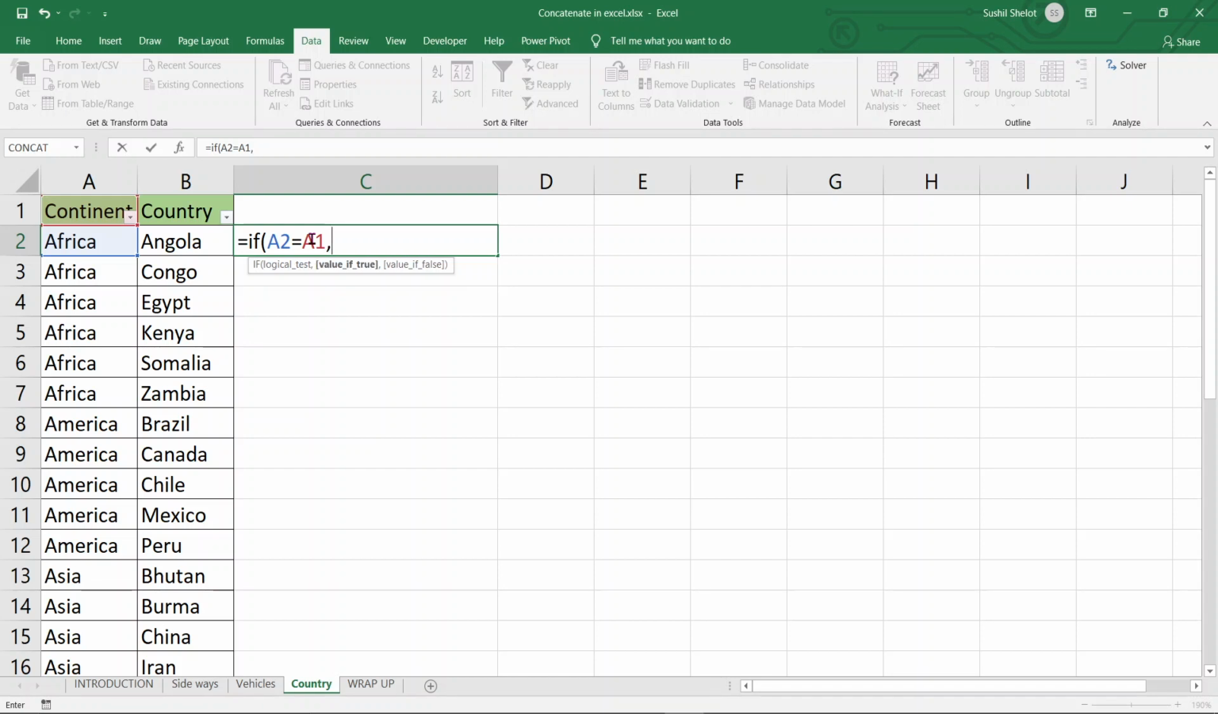Then I want the value to be concatenated. What needs to be concatenated? Here it is CONCAT, which asks for text one. So I want the first value to be concatenated as C1. By default C1 here is empty, and you can also judge that the condition A2 equal to A1 will not be fulfilled here, because the A1 cell has the word Continent and the A2 cell has Africa. So when the value is true,